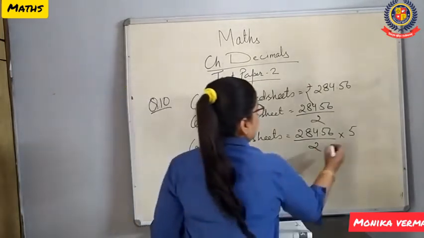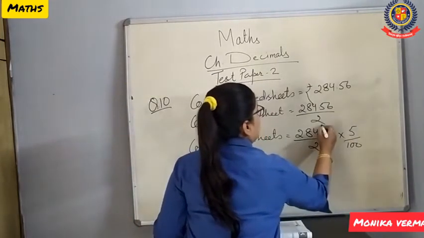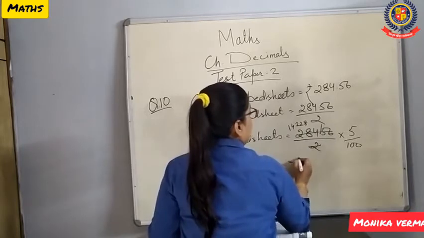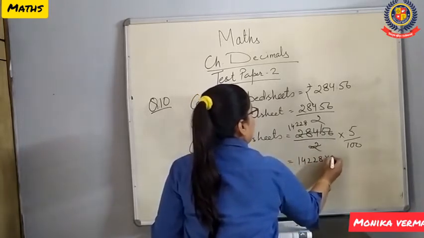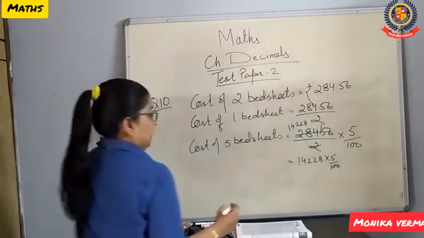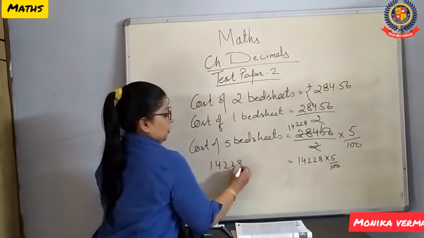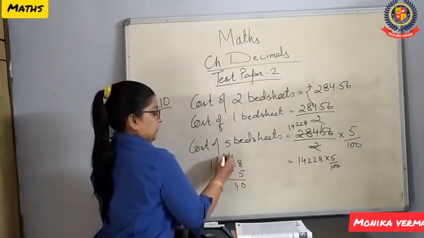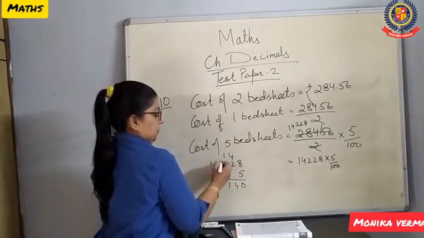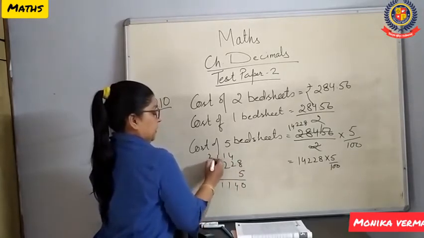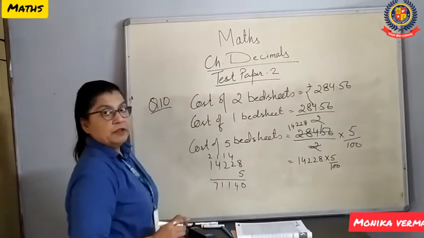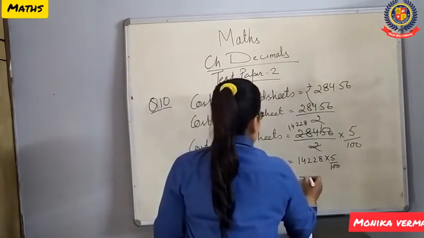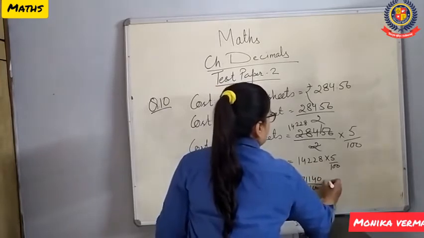Okay, now we'll divide it. We'll remove the decimal. 2 into 14228. We got 14228 into 5 upon 100. Now we can multiply it. 14228 into 5. 5 8s are 40, 4. 5 2s are 10 plus 4, 14. 5 2s are 10 plus 1, 11. 5 4s are 20 plus 1, 21. 5 1s are 5 plus 2, 7. We got 71140. 71140 upon 100. So we got rupees